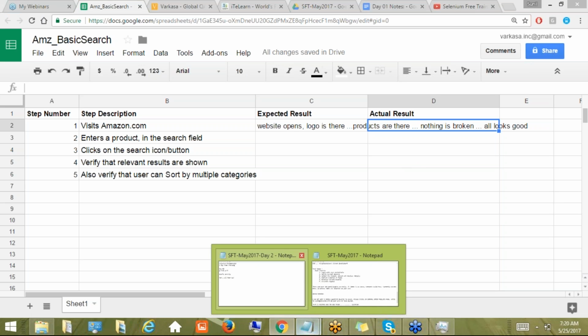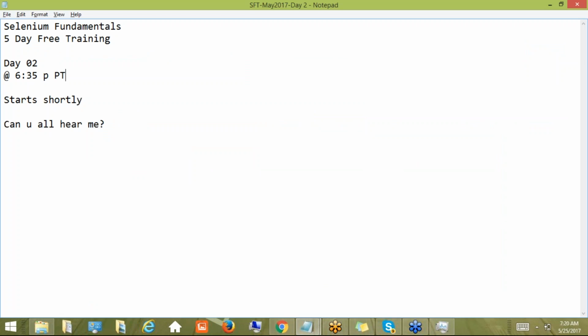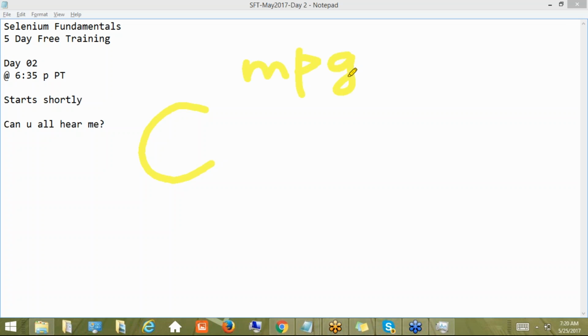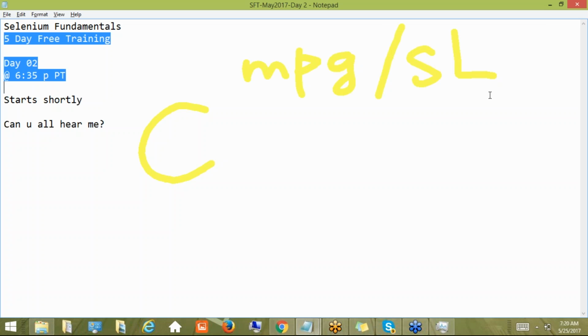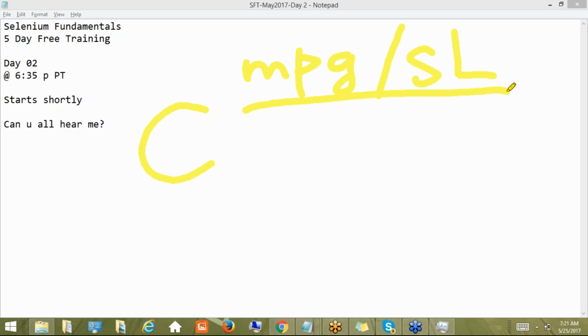Let's take a simple example of a car. All right. I'll take a very simple example. A car has certain parameters. What is the miles per gallon, and what is the speed limit that it can achieve? And let's say, what else could be? Anything else, right? So if the manufacturer of this car has to confirm that my car, let's say for example